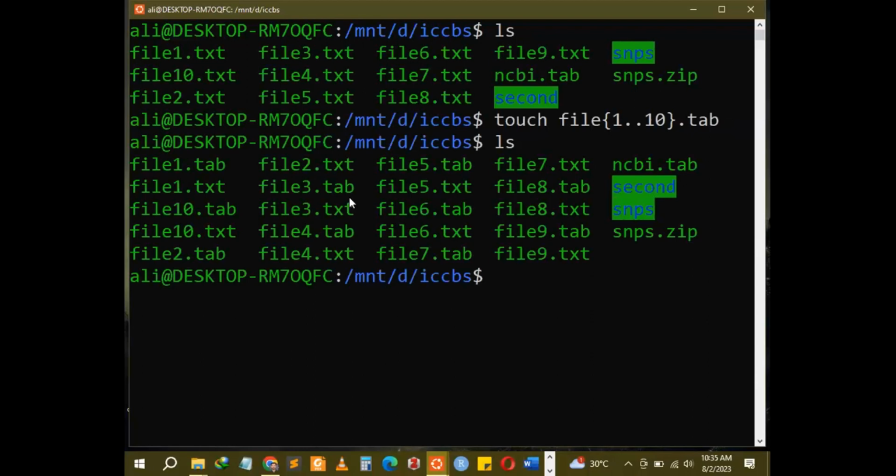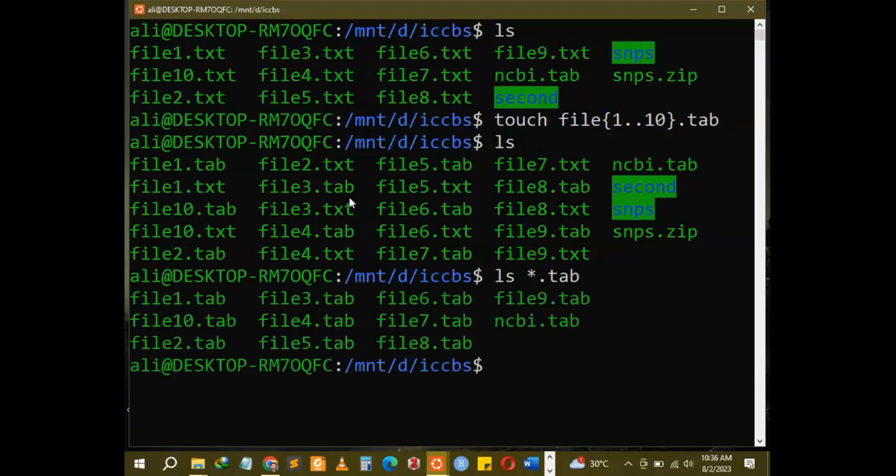So what are wildcards? There are two types of wildcards. One is star, and the second one is question mark. Star means anything. For example, I want to list anything that ends with tab. Before dot tab, there can be anything. If I press that, all the files that have tab in their extension will appear, and none of the files that have extension txt will appear. So this is how we can use